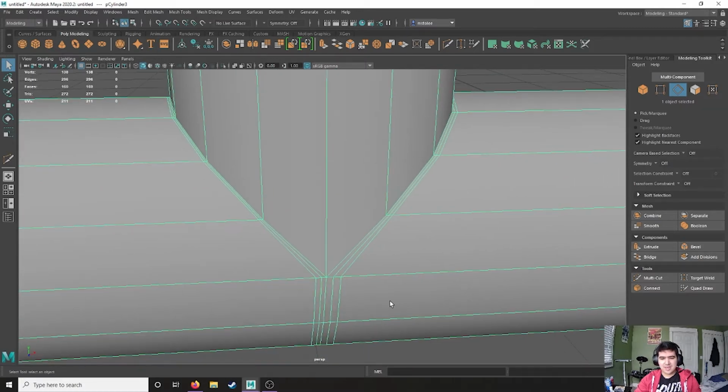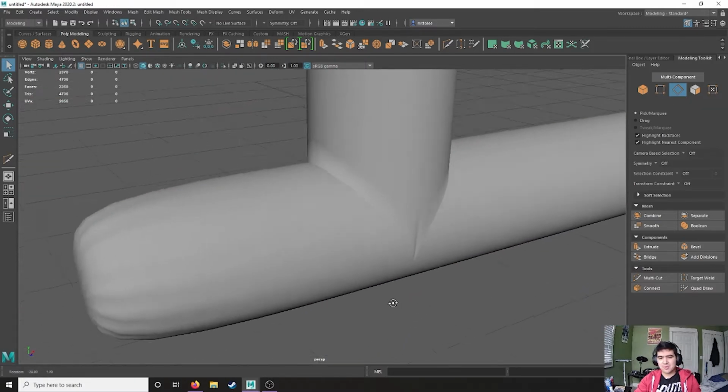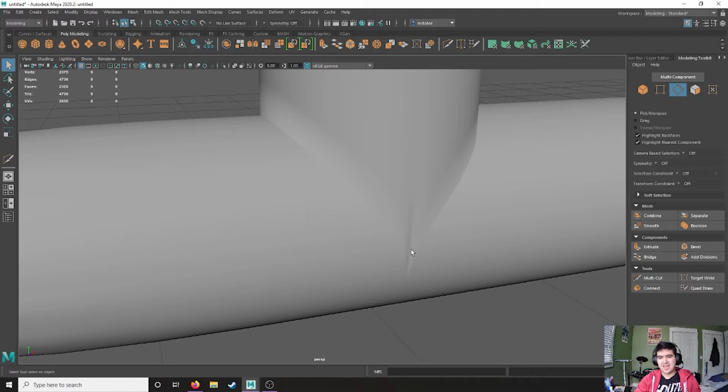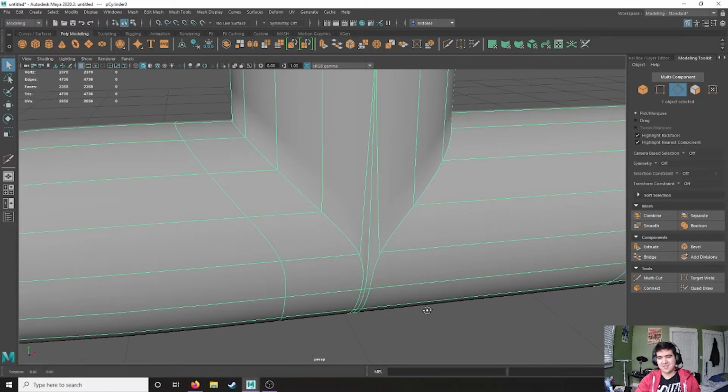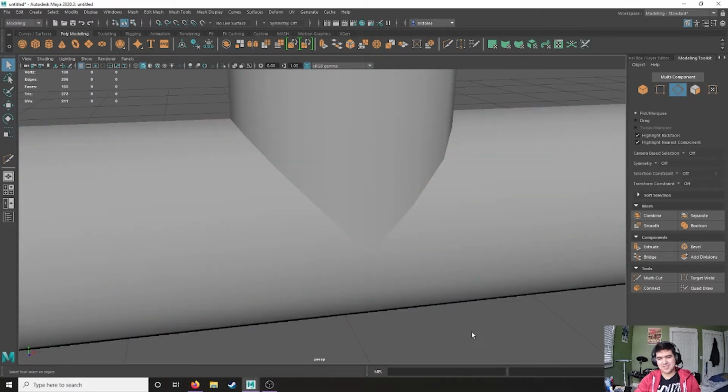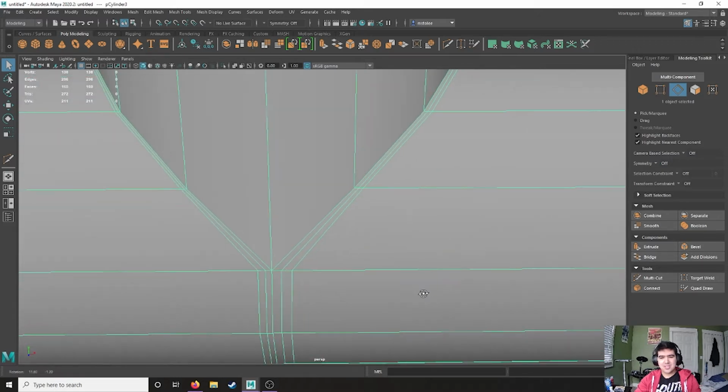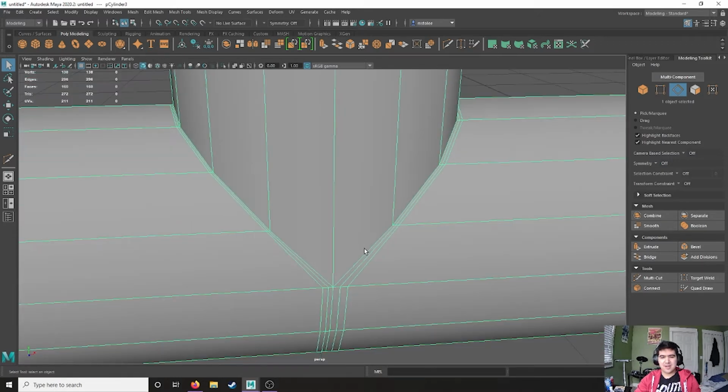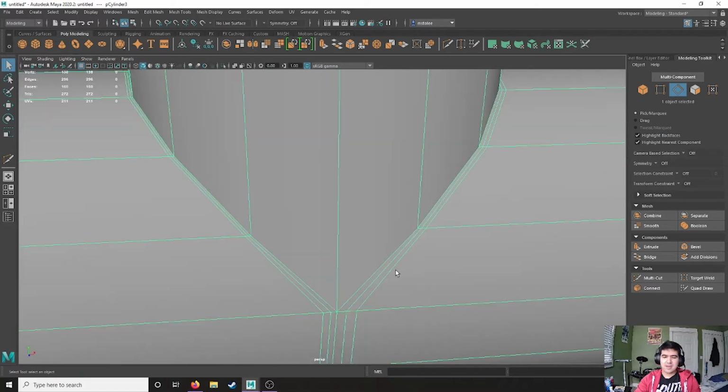And what that means is basically that Maya, when we go into the smooth mesh preview, is just trying to crease that basically as hard as it can. It's like, oh, there's a ton of geometry here. That's got to be a super hard edge. So the reason that this is happening is because I think there's just too many edge loops on this side of the crease. So what I'm going to do is I'm actually going to delete one of these edge